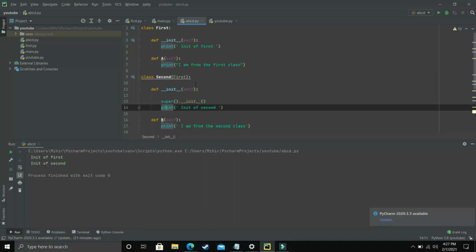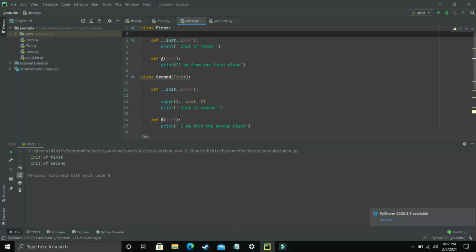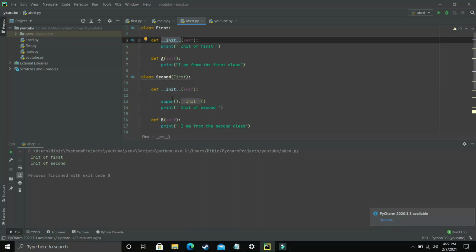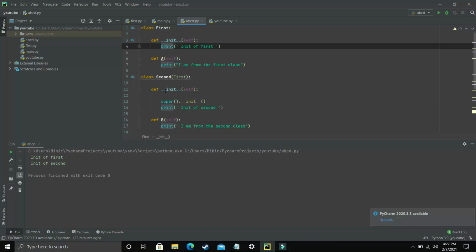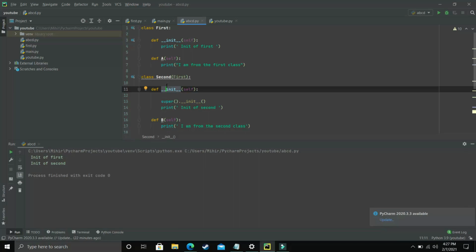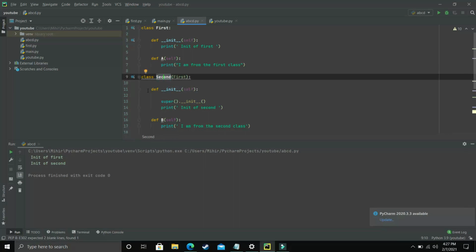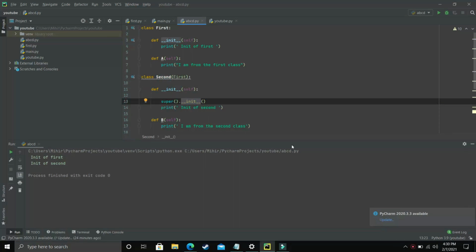So till now we have learned that if first class and second class are two classes in a way that the first class is the superclass and the second class is the subclass, then the init method of the first class will automatically be the init method of the second class. But we have also learned that if both of these classes have their individual init methods, then when we make an object for the second class, priority will be given to the init method of this class only. But still, if we want to execute the init method of the superclass, we can simply use the super keyword inside the init method of the subclass, and write super.init,